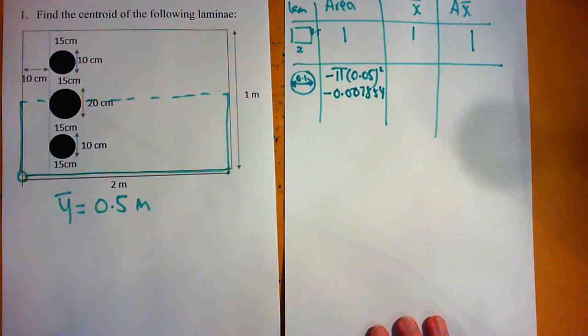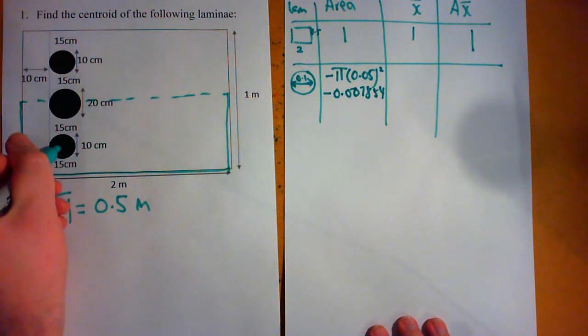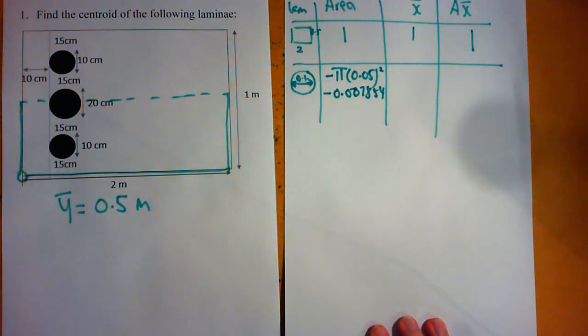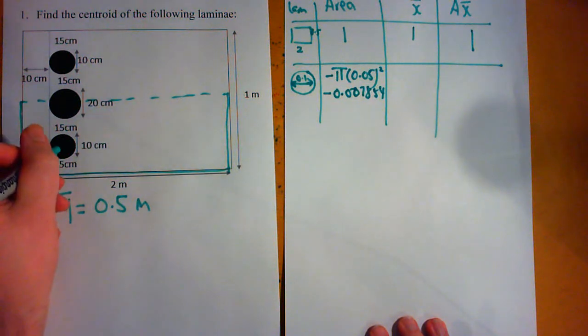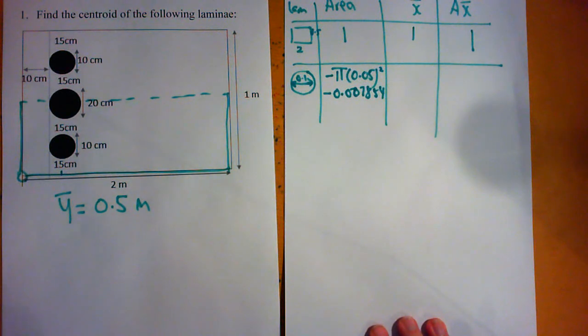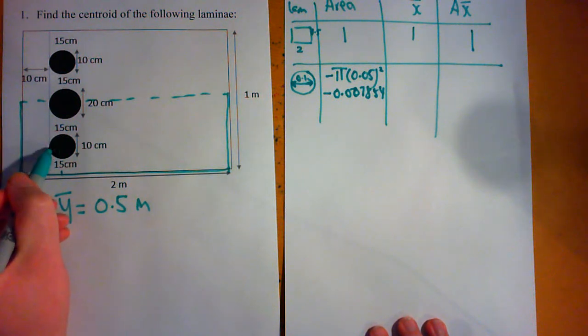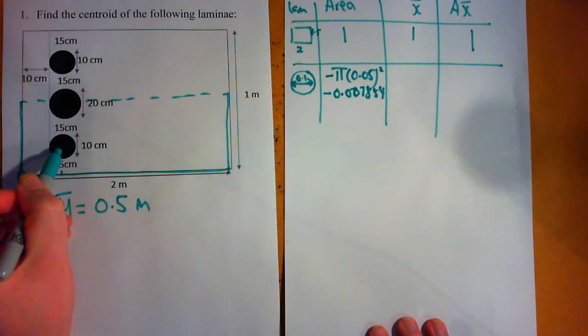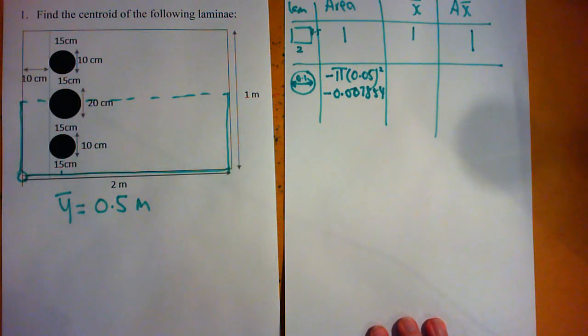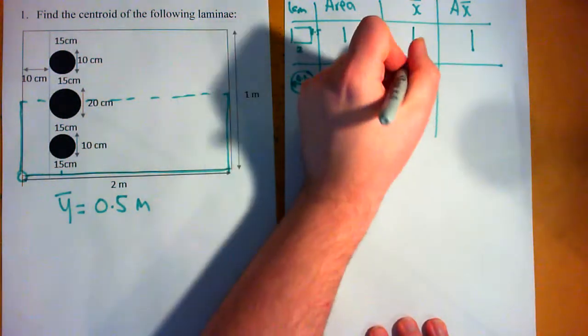0.007854. Let's find where the central position of this hole is, which is where the centre is relative to the origin. In particular, how far along is the x-coordinate of the centre. Its left-hand end is 10 centimetres in, and then the radius is 5 centimetres, so 10 centimetres plus 5 centimetres gets you to the centre of the hole, which is 15 centimetres, which is